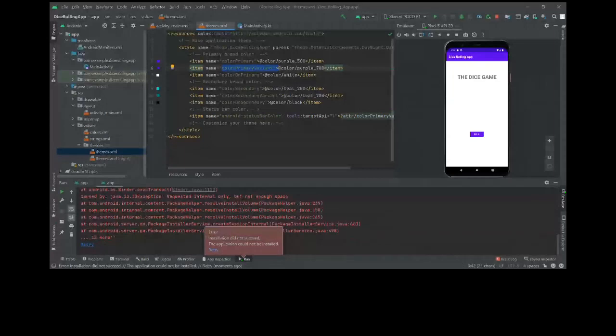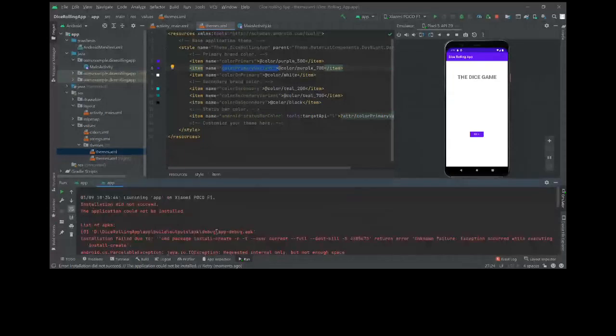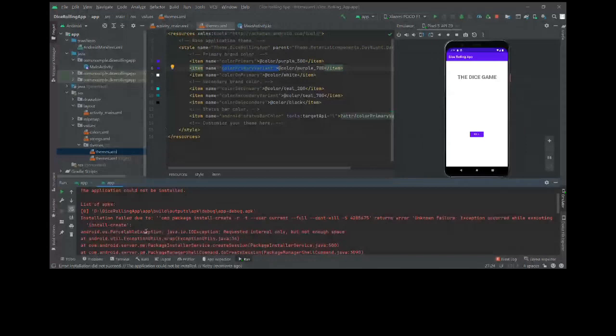What is the error? Install list of APKs. Remember. Not enough space. I don't have enough space. One second. Lot of WhatsApp.